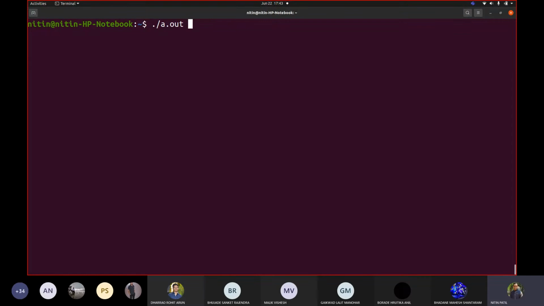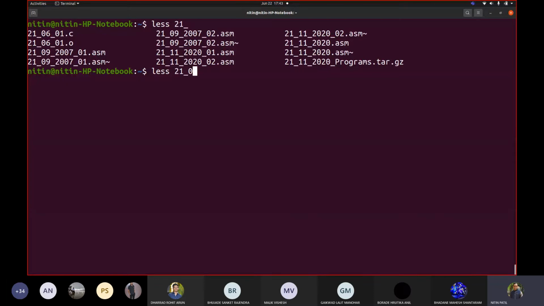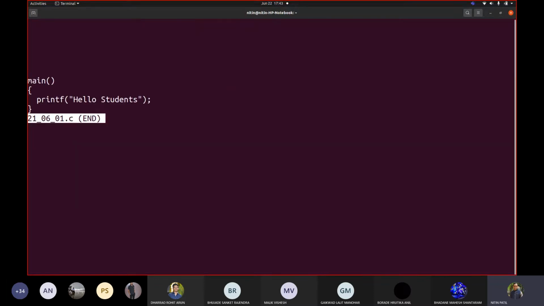Now, what is the file containing? Let us see the code. The file contains a function main, a function printf, and a string, hello students.